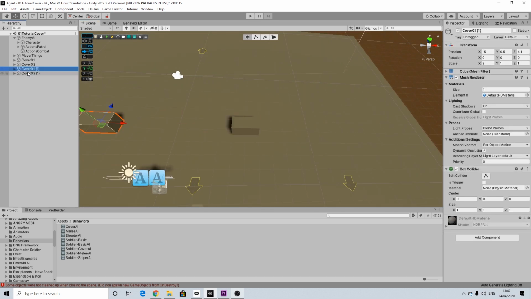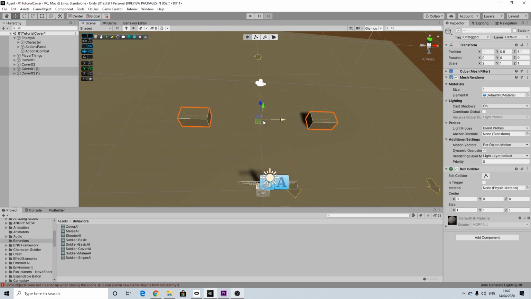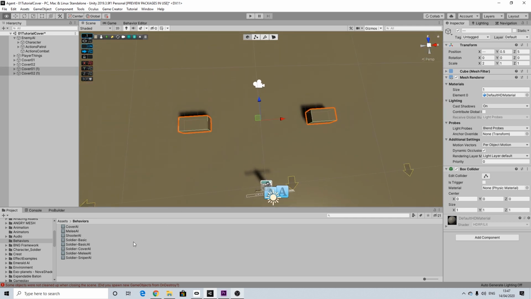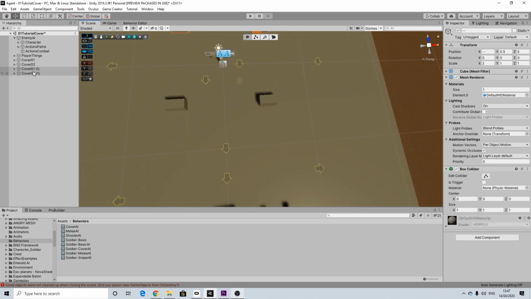Well, this is not going that great. And this should be about the middle as well. It's not entirely the middle. There we go. And yeah, we have 4 on each side. Perfect. Let's rename these. So this is cover 3